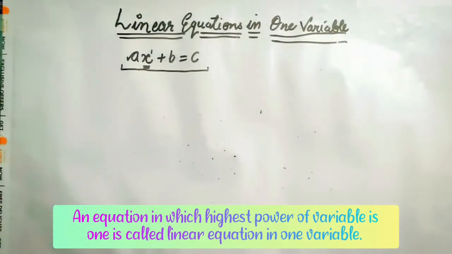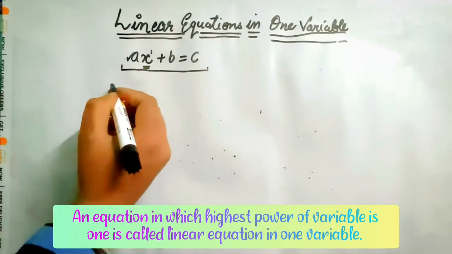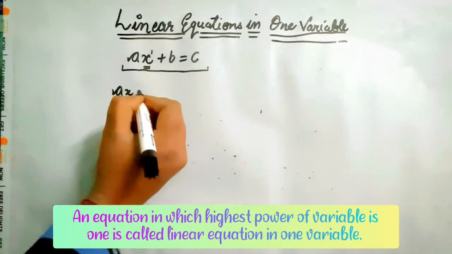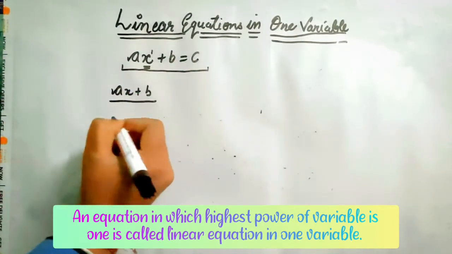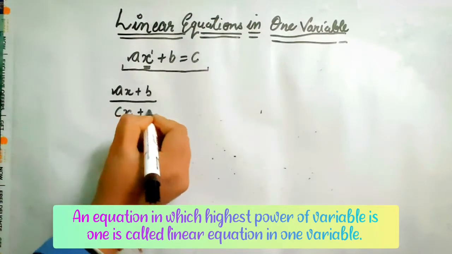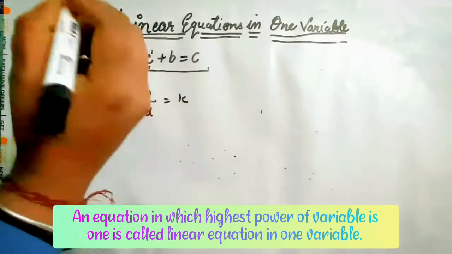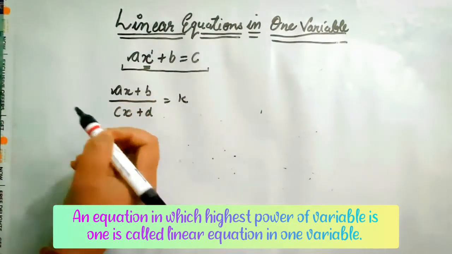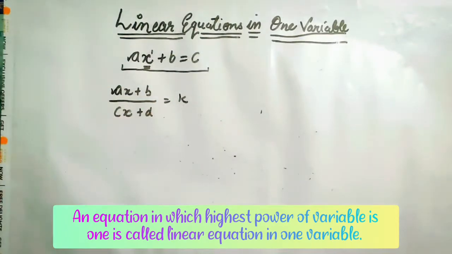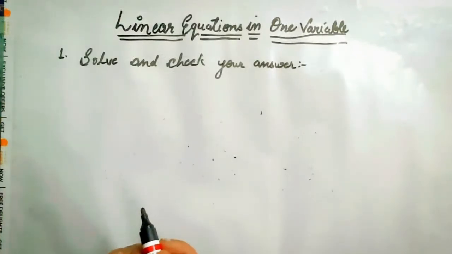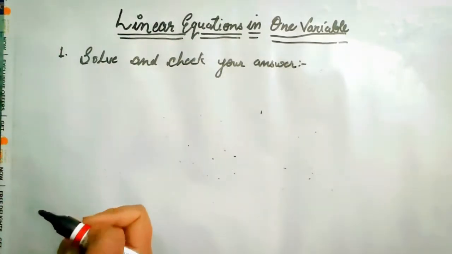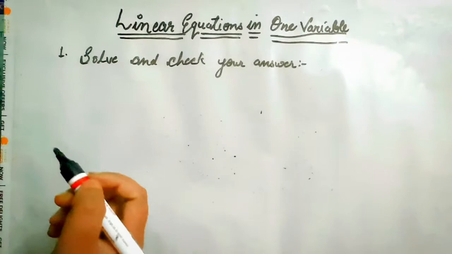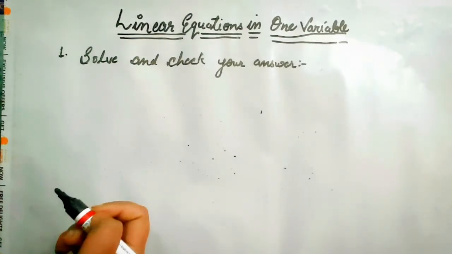In 8th standard, we are going to discuss special type of equations which are in the form (ax plus b) whole upon (cx plus d) is equals to k. Remember, here a, b, c, d are the numbers and k is also a number, but x is the variable. Now how to solve such type of equations? We are going to see from our question number 1, and check your answer. And remember, such type of equations are very important because these are having so much daily life use. We will see in the next exercise.